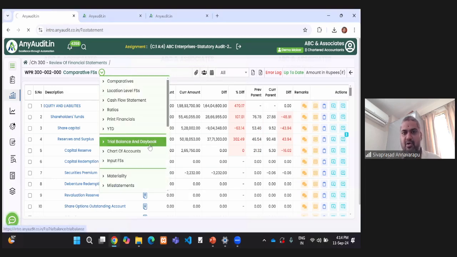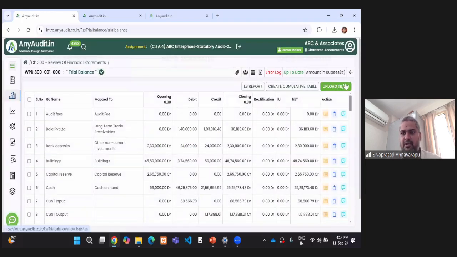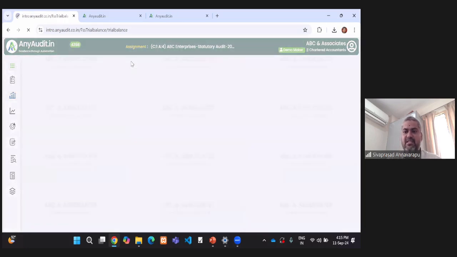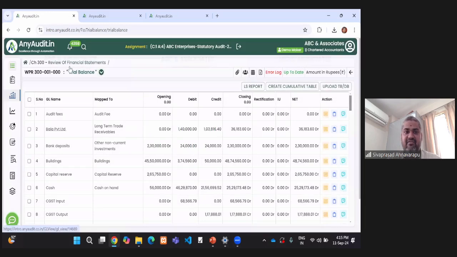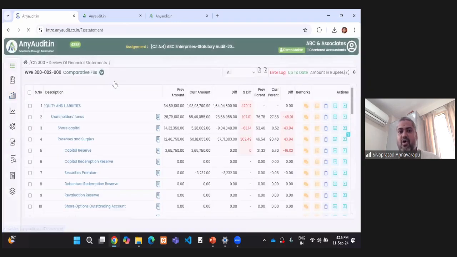Once I upload my trial balance, here there is an option to upload it, and I can upload multiple trial balances as well. The system will generate the financial statements in the particular framework, of course for the purpose of the audit.